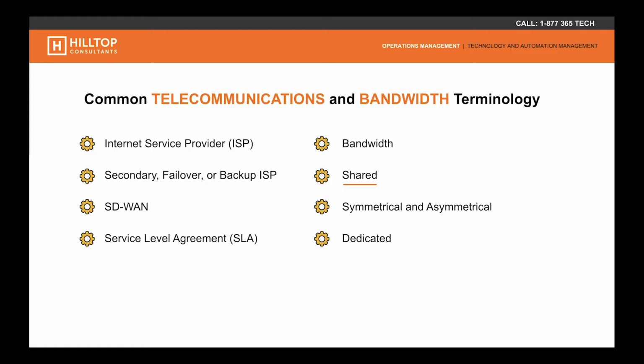Generally speaking, cable internet is shared, whereas fiber is not, with the notable exception of shared fiber. Symmetrical and asymmetrical. With symmetrical bandwidth, you can upload data as fast as you can download data, whereas asymmetrical bandwidth means you will have a larger download speed and a smaller upload speed. Especially as more and more services move into the cloud, the upload speed is something that firms need to pay special attention to. Always remember to ask your trusted IT provider for their recommendations as you explore cloud options or